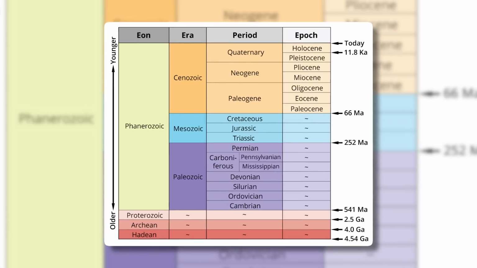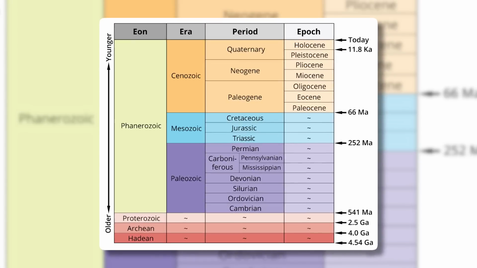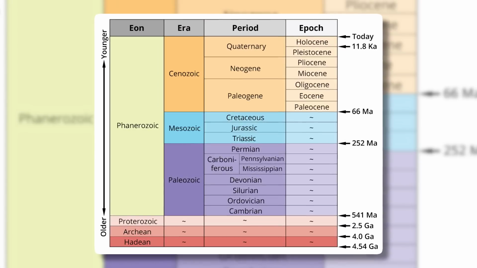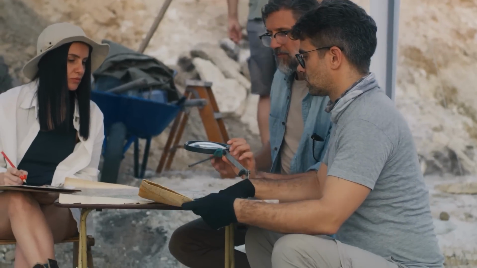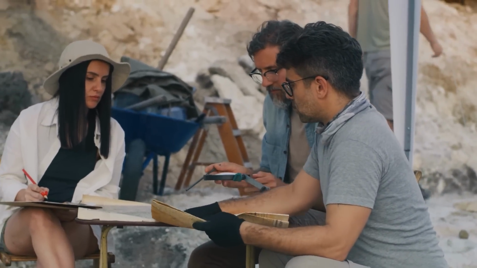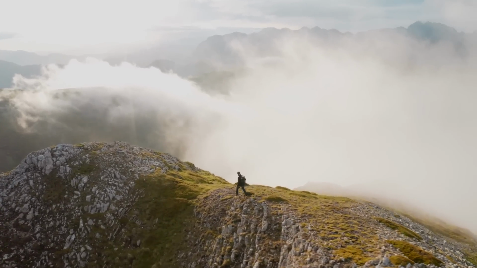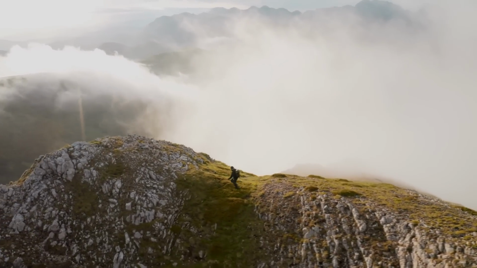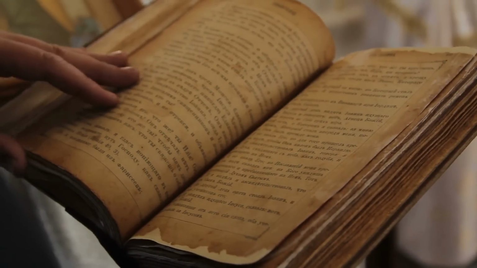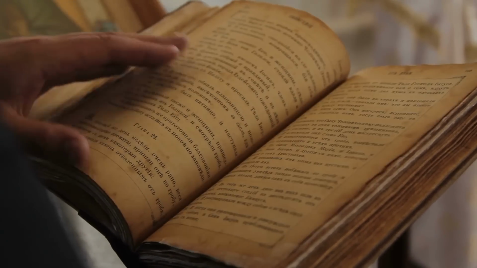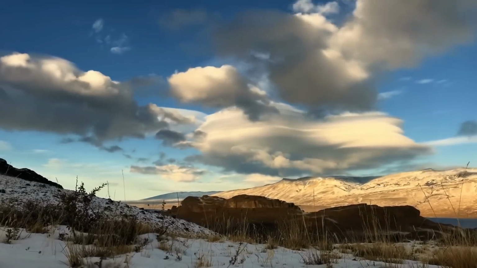But remember, the names and divisions of these epochs might just surprise you. They're the subject of spirited debates among archaeologists and historians. So grab your mental hiking boots and let's traverse the uncharted territories of human history, where the absence of written records only adds to the intrigue. This is the tale you won't want to miss.